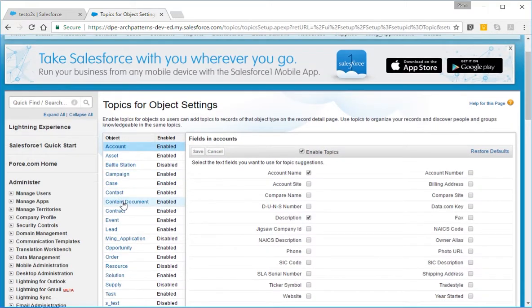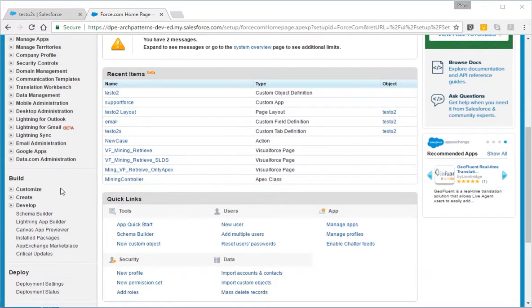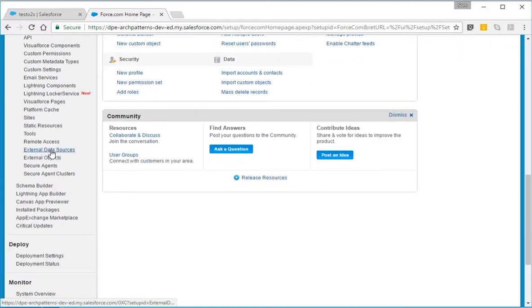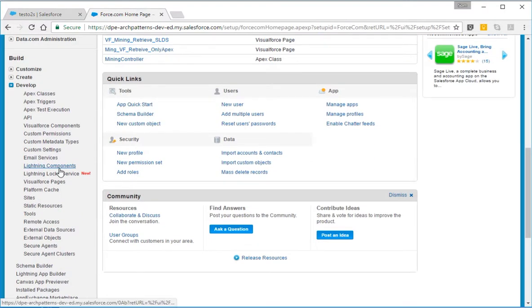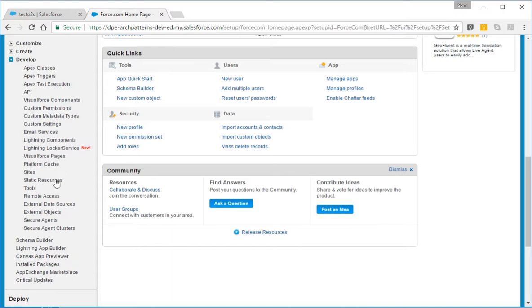The way I used to do it about 2 months ago, I used to use this interface, the classic one. Almost everything was underdeveloped, and it was objects or build, the schema builder, sorry, create objects. Now another way is that here it's got the recent items, and